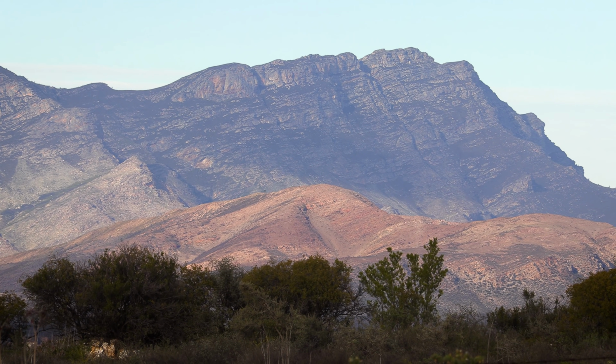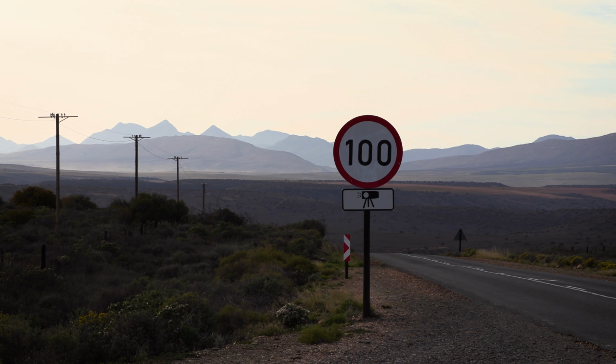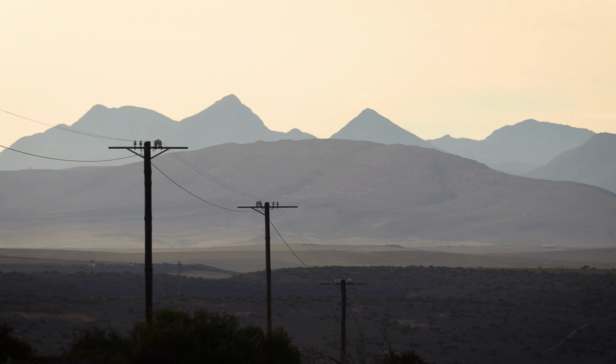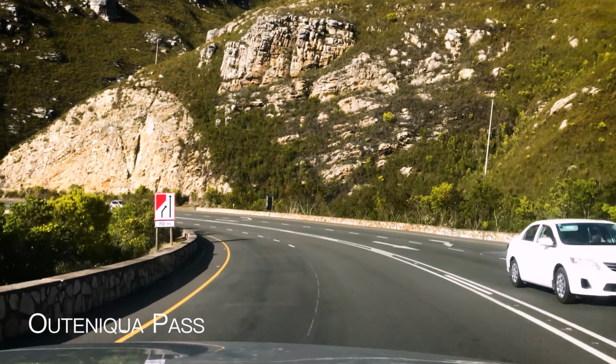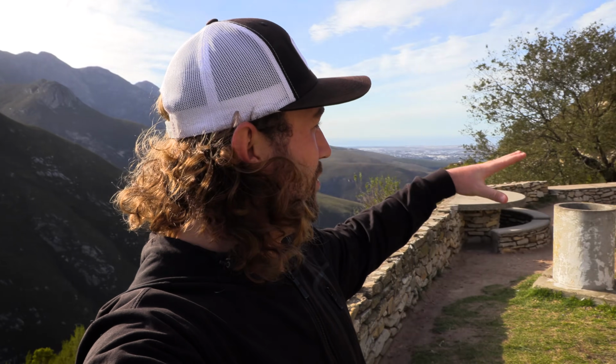Our journey starts as we head out of Oatlands, and we slowly begin to see the dry red Karoo landscape become a little bit greener, and before we know it, we are winding through the Outeniqua Pass towards George. So this is the Outeniqua Pass behind me here, really beautiful. We had a little parking space where you pull off right next to the road and you can look out